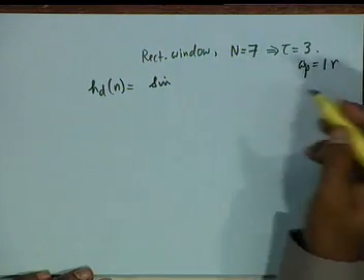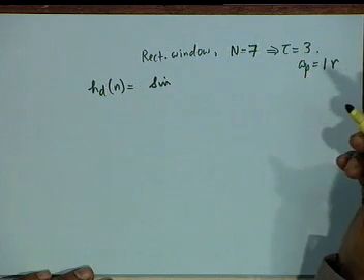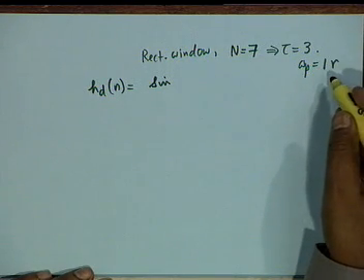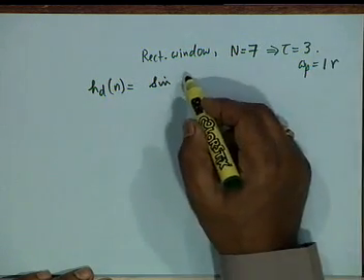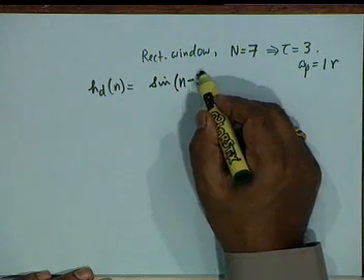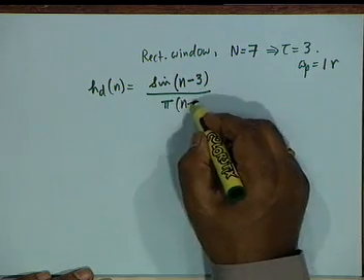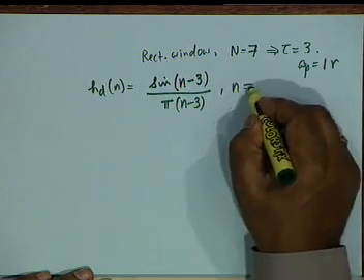We are working out an example now. We shall work out this example with various windows and see what the effect is. Suppose omega p is 1 radian, then sine of n minus 3 divided by pi times n minus 3, n not equal to 3,